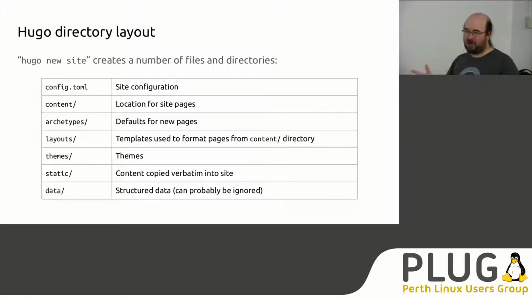When I've run Hugo new site, it'll blast a whole lot of default files into the directory. We've got a configuration file. We've got a directory called content, where we'll put all of our Markdown files for the website. We've got archetypes, which, in the olden days, I probably would have called a template, because these are